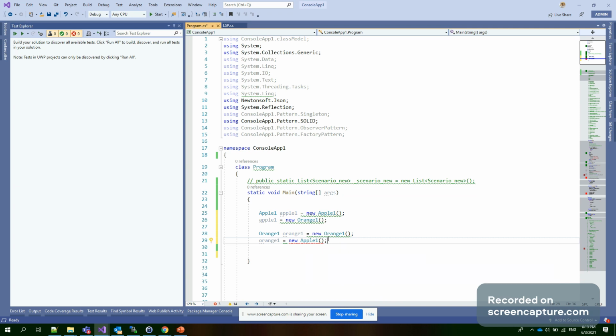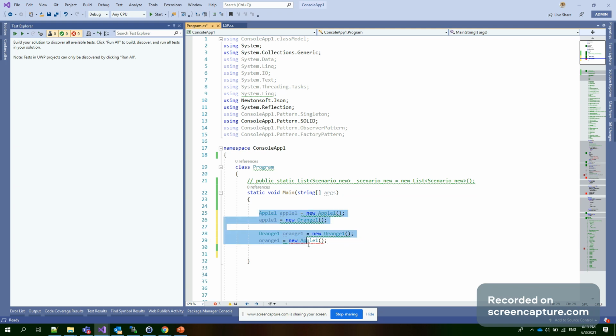Now we are facing the problem: this LSP is not followed by this class structure. We can resolve this problem in a different way. To resolve it we need an interface or an abstract class.